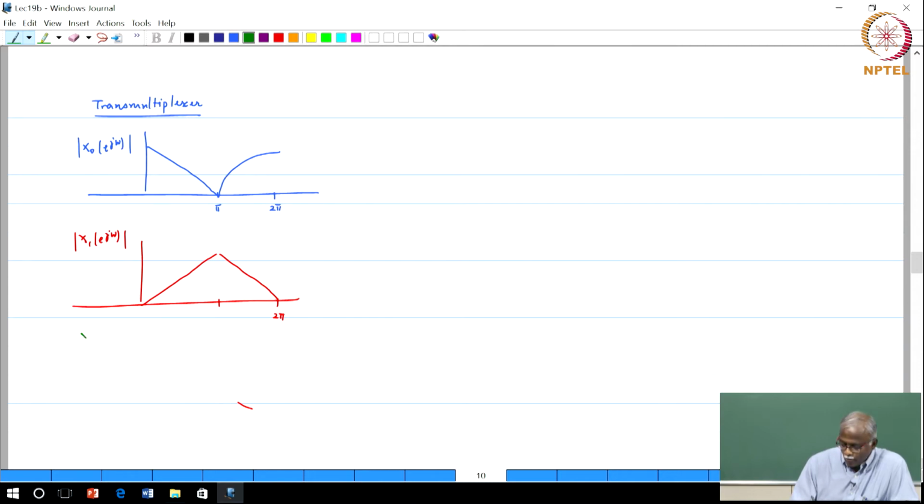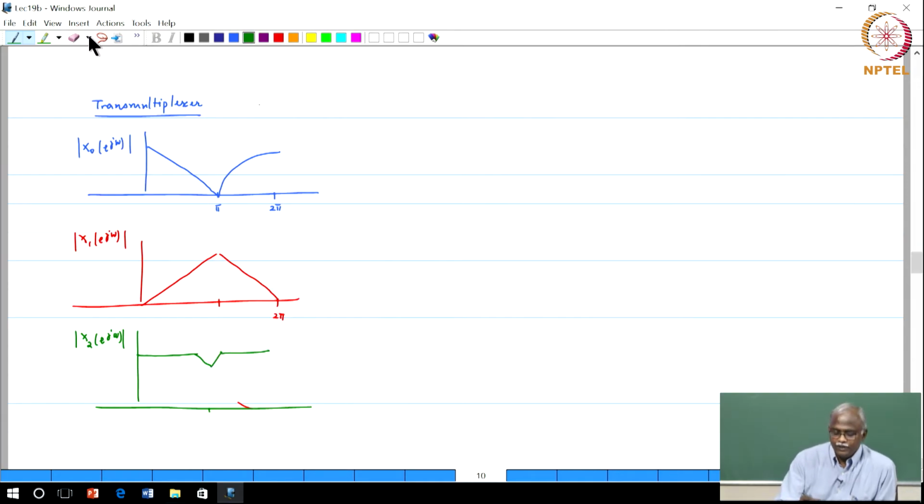Third signal, x2 e of j omega, magnitude, and again this has got a very different type of behavior. It is flat, a small dip around pi, and then goes back up. Okay. These are just randomly chosen spectra, nothing special about the spectra themselves. Just some of them are complex, some of them are real low pass. This one looks like a signal that has got all frequency components. So the important thing is the processing that we are going to do